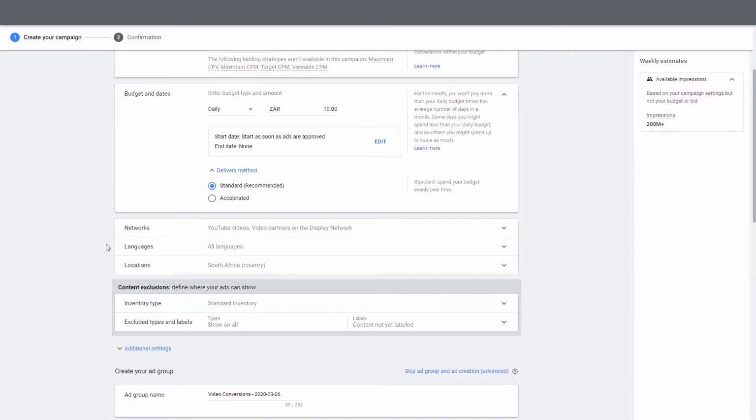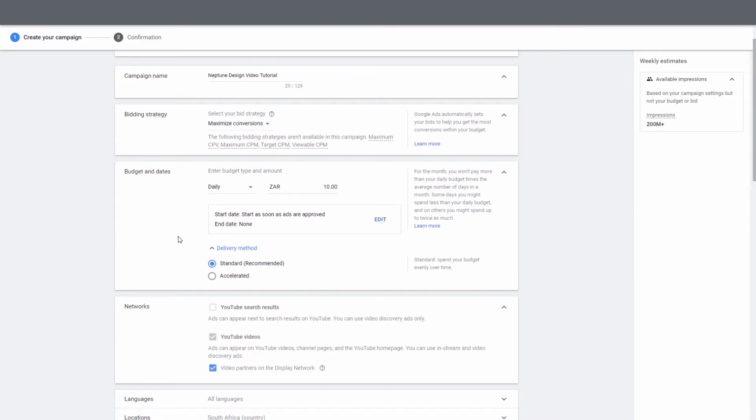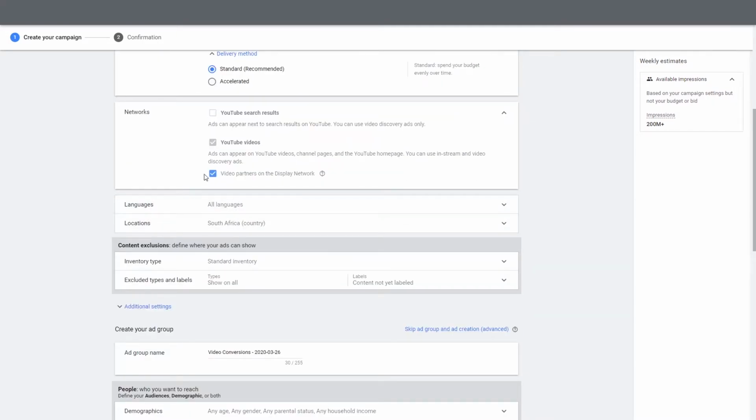Okay, next thing, it's going to talk about your networks. Okay, so it's going to show on YouTube, video partners, and display network. So there's nothing really bad about that. We do want our ads on YouTube. YouTube is a great platform. It's got a lot of influencers on there, so you definitely want to be on YouTube, because that's where the action is at. Okay, it might also show partners on the display network. YouTube also has a couple of other video sharing sites that it's partnering with, but they're not as popular as YouTube. So really, if you choose them or if you don't choose them, as long as you have YouTube selected,